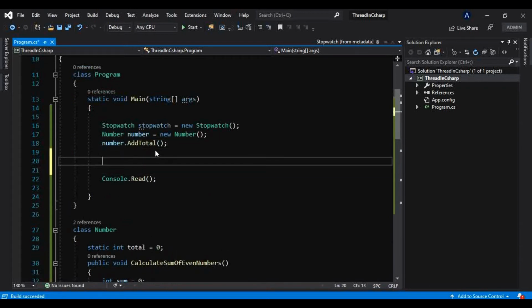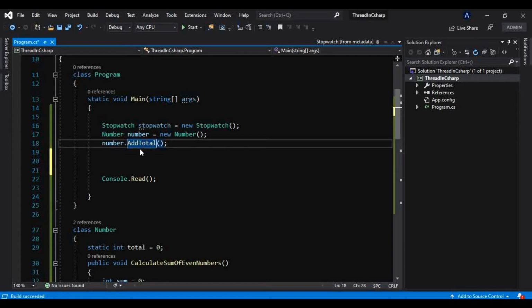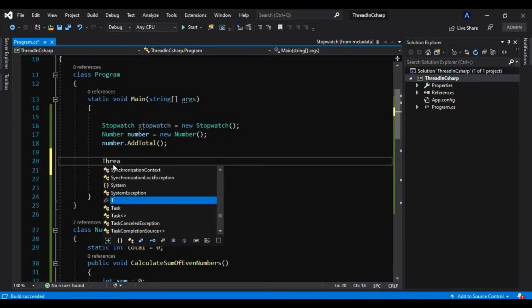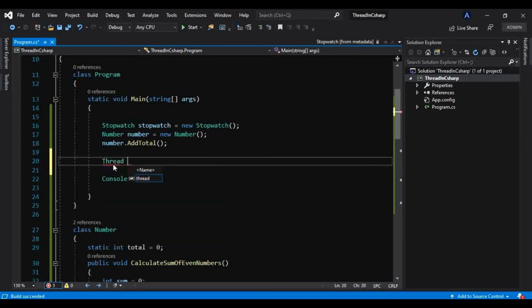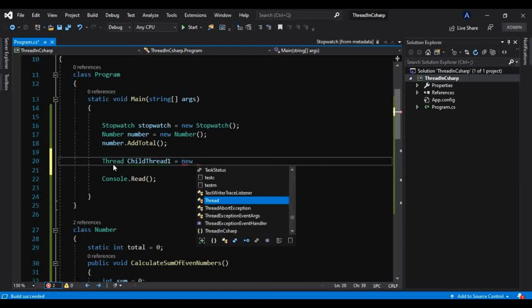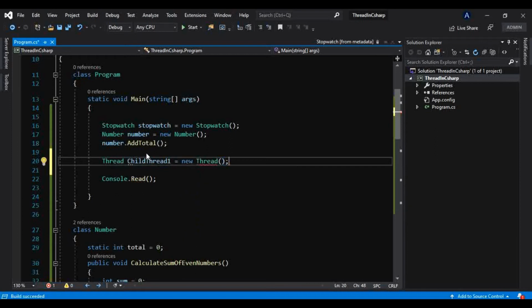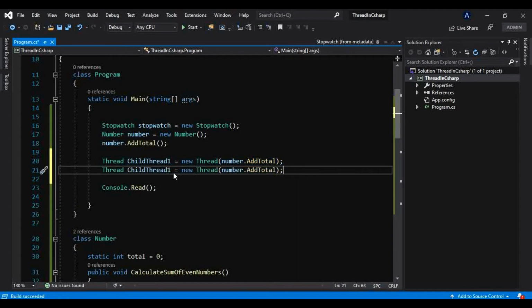Now I will give this same method to two different threads. Something like this: child thread 1 equals new Thread, and this number.AddTotal I will give to this child thread, and similarly I will give this same method to another child thread as well.